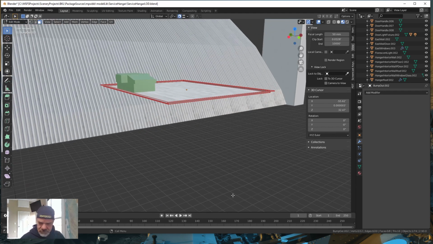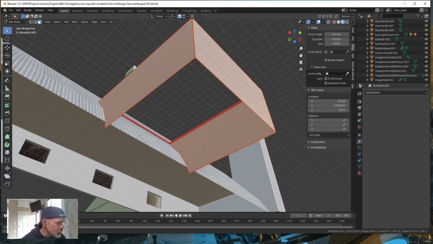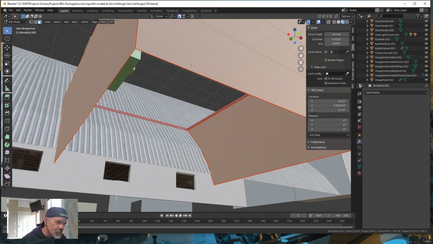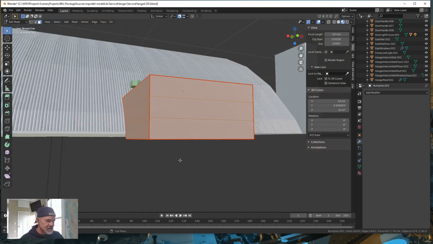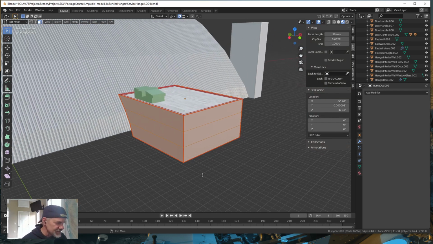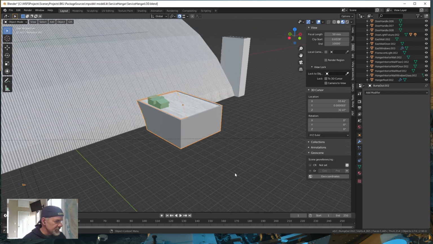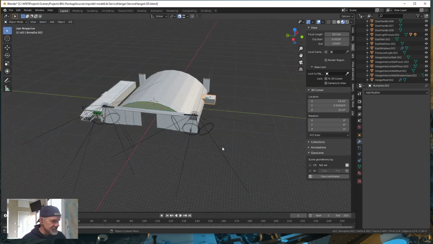Uh-oh. Let me Control Z. Why did that happen? Maybe I don't have any thickness. Oh yeah, I don't have any thickness to those walls, which is fine because I didn't give people access to those anyway. So we can undo that. We don't need to worry about our little concrete addition here. So let's get out of edit mode. All right. Now, at that far distance,